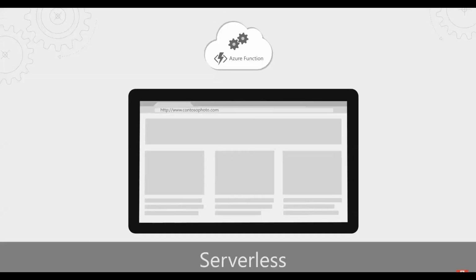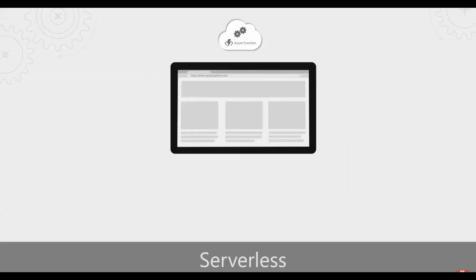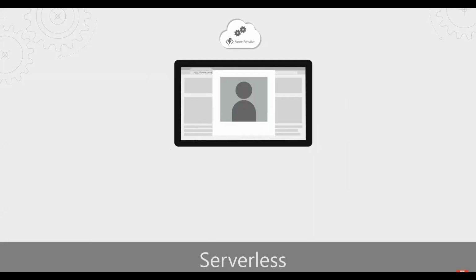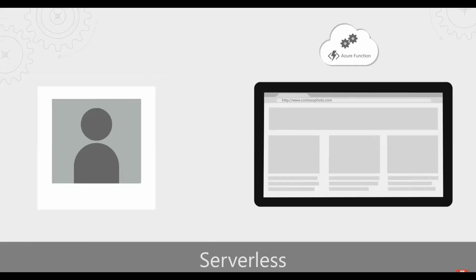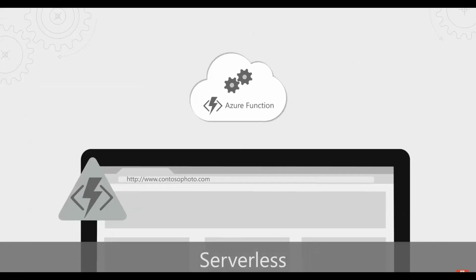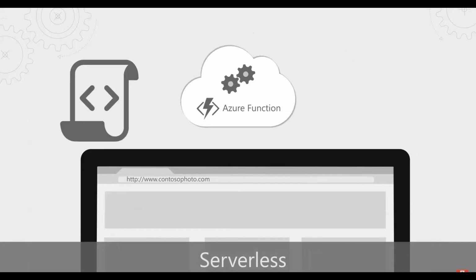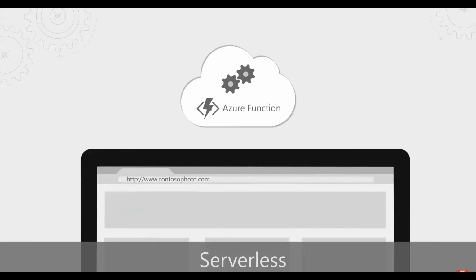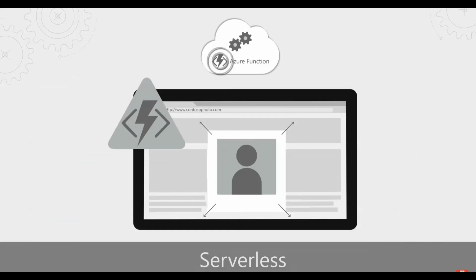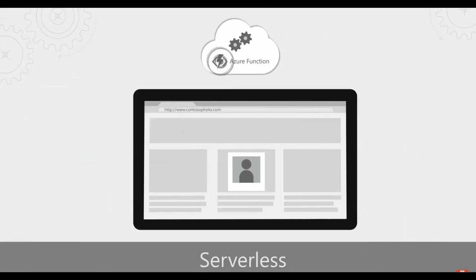So can you give us an example and explain the serverless tech architecture behind this? Sure. If I have a website and people want to upload pictures, let's say I need to resize those pictures. So whenever someone uploads a picture, I want to automatically resize it. Well, the upload is the event, and that's where Azure Functions come in. It contains and runs your code to resize the picture, and it has a series of bindings that attach to the event you want to listen to. So in this case, it listens for an upload and automatically resizes the image.